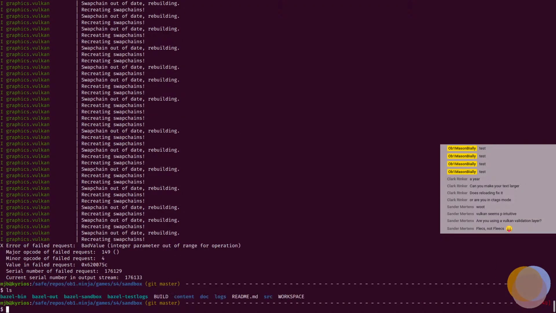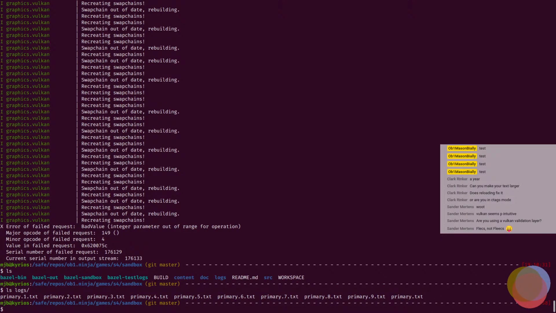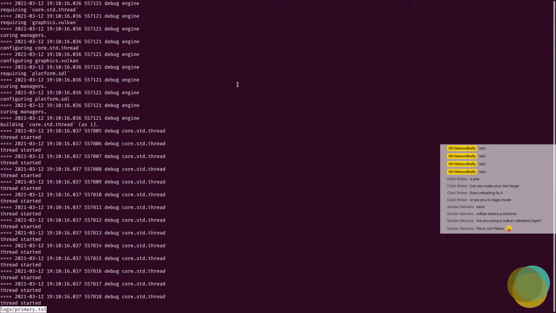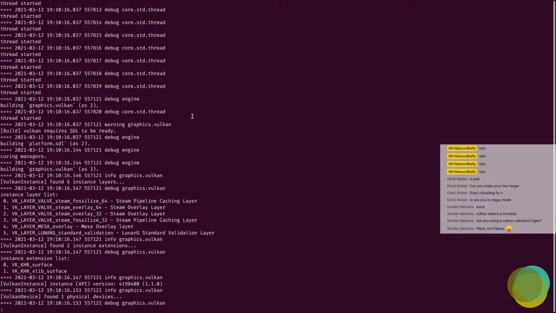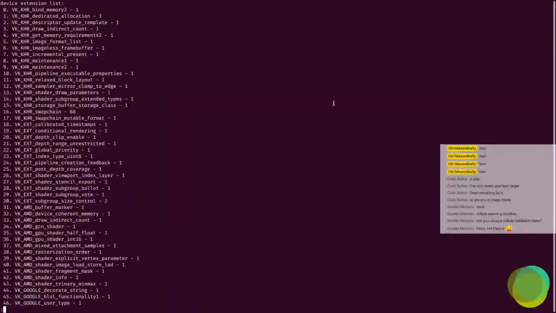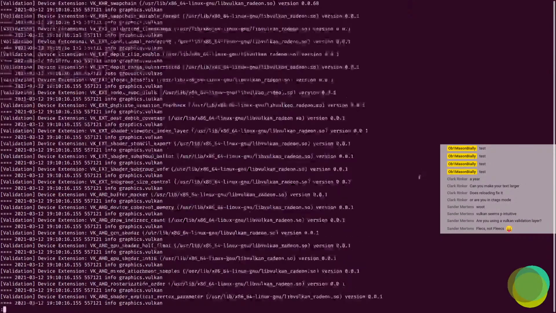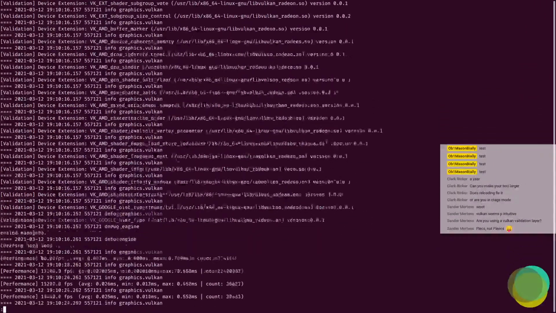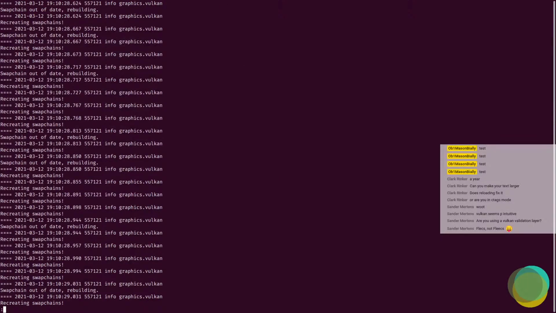So in here, there's a folder called logs. What's in logs? Right, so it's the one that doesn't have the name on it. I was thinking ahead here. So this was the last run that we did. Right, so this is all the debugging information, and Vulkan spits out a significant amount, right? Like, there's the page down button. Okay, so if we go all the way to the end here,